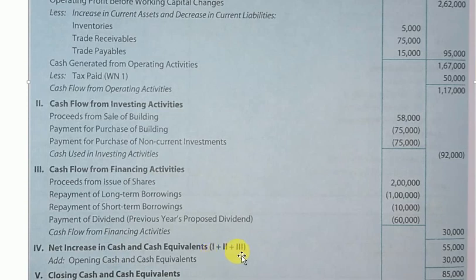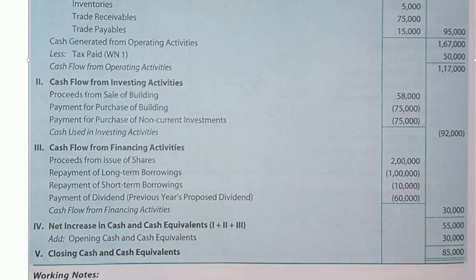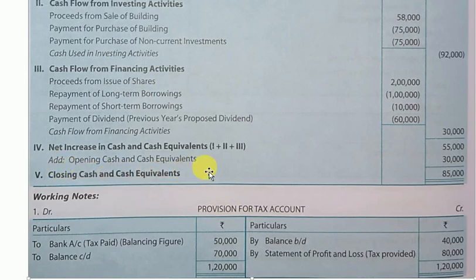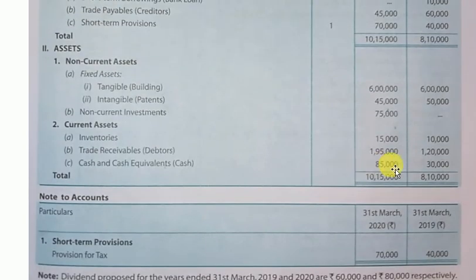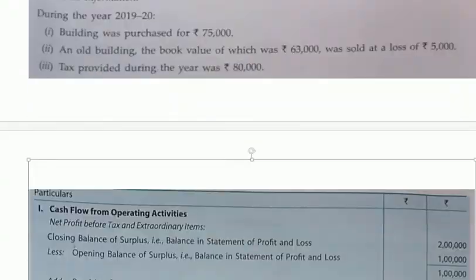It is net increase in cash and cash equivalent from three activities, and you need to add the cash and cash equivalents in the beginning of the year, which is 30,000, and that results into 85,000, which is cash and cash equivalent at the end of the year. Close this 85,000 with double line, and now we need to cross check. To cross check this, we will go back to the question and we will tally the figure of cash and cash equivalent of current year. So current year is 85,000 in the question,